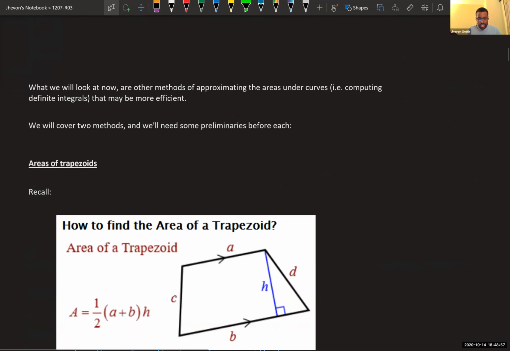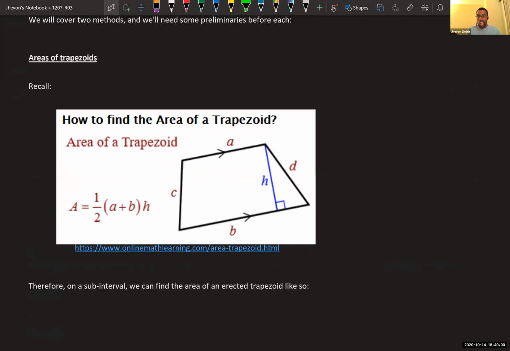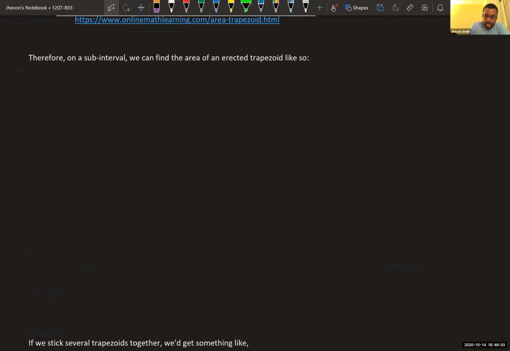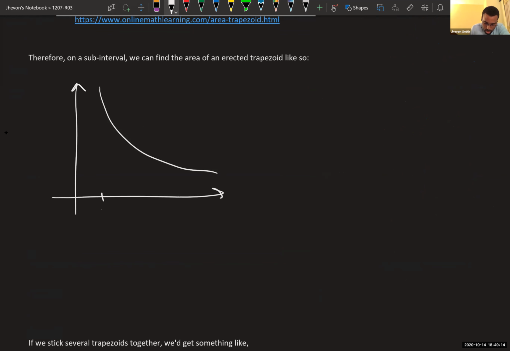So the idea is using trapezoids was another idea. Let's look at this same example here. Let's say this is A to B. And again, I do all these subintervals. But here's the thing. Instead of using the left or the right side, I'm going to use both sides of the interval. So connect all of these guys. And what I'm going to do instead is connect these with a straight line.